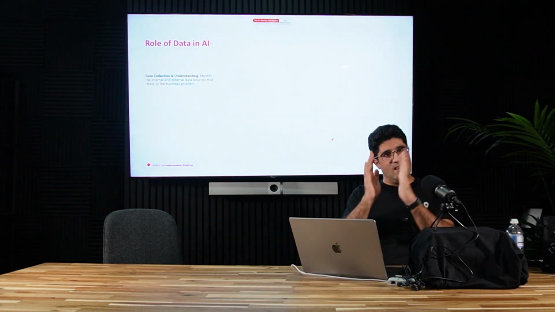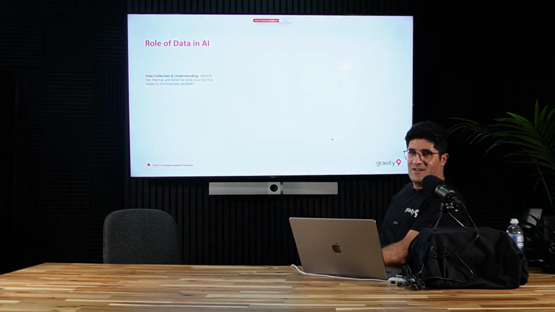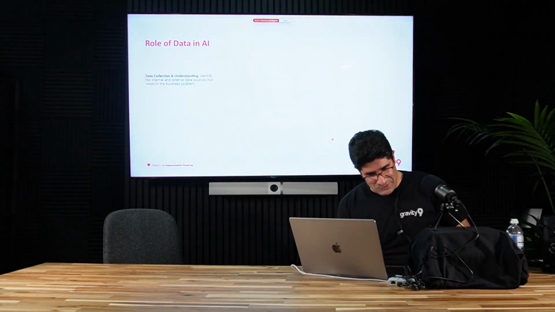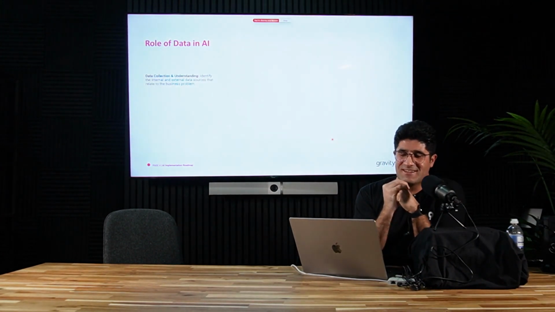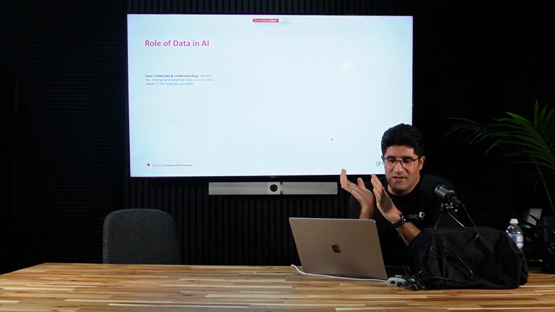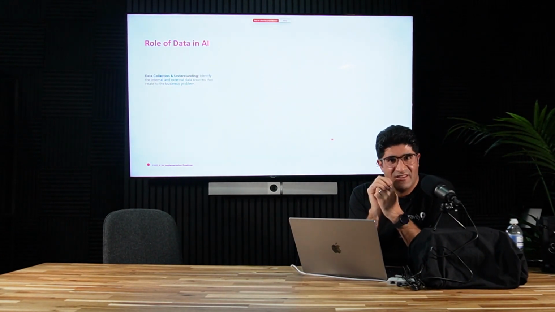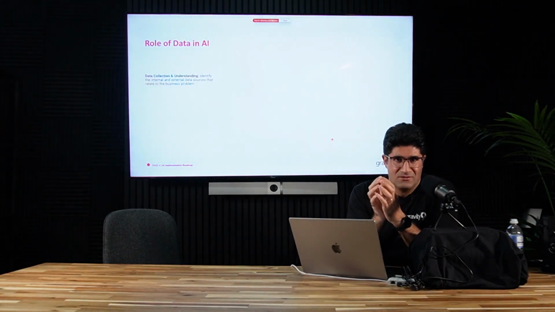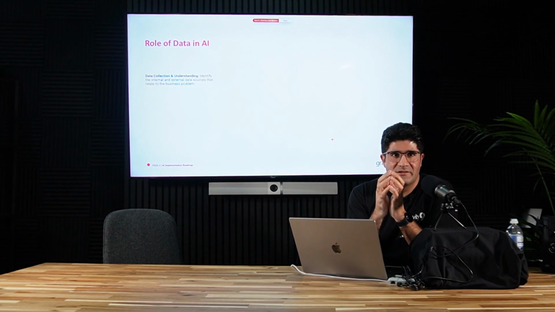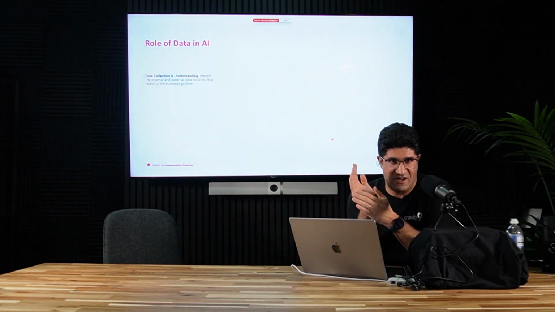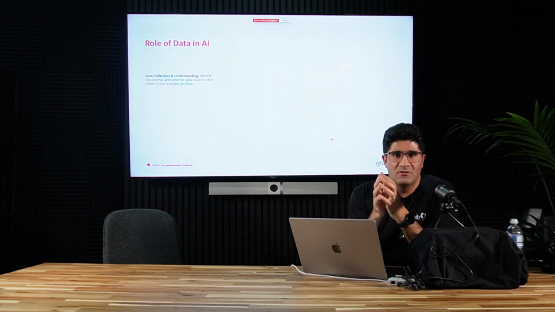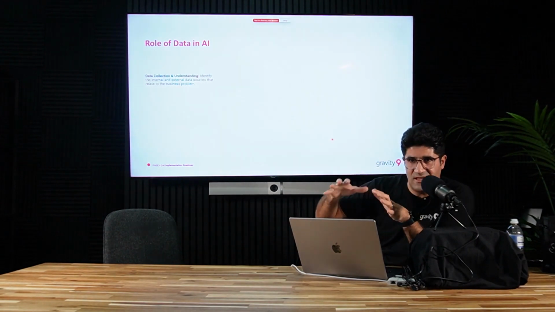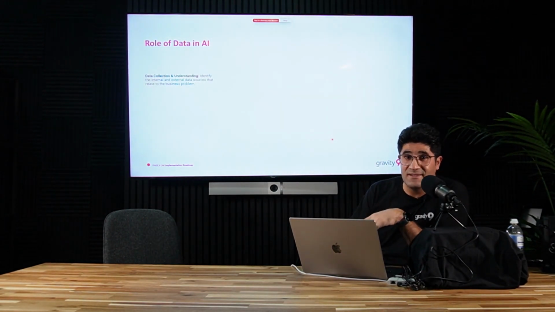Let's look at each step separately now, because it's a little bit heavy, I think. So the first part of the process is data collection and understanding. When we have a problem, to solve the problem, we need to find the relevant data, identify the source of those data, then think about how we can use the data to solve the problem. So the first step is data collection and understanding.